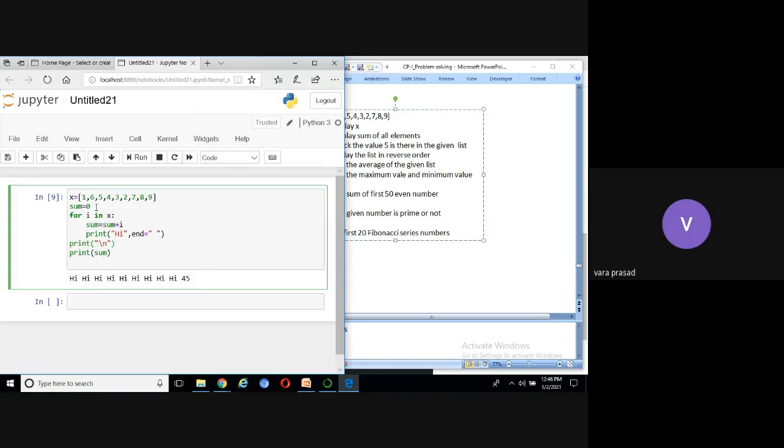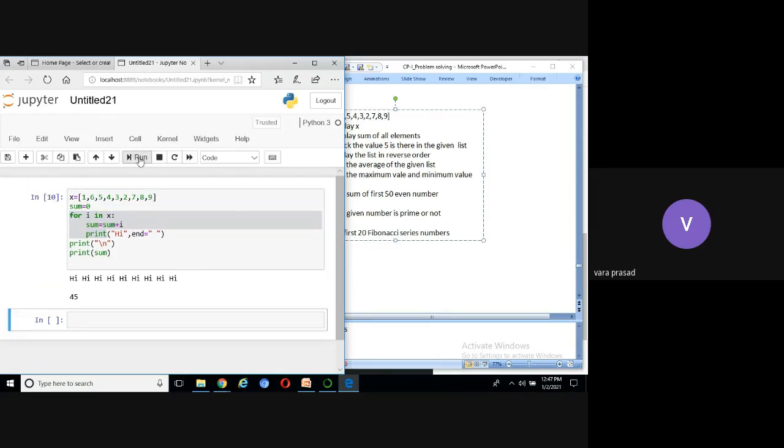First this statement is executed, then this for loop is executed, then this statement, then this statement. This is called declaration and initialization. This is called the loop statement. This is called the output statement. Run the code now. What is the output now? It displays high 9 times, then in the next line displays 45.